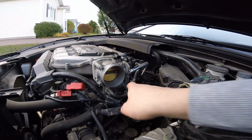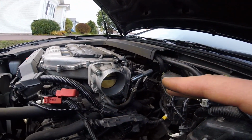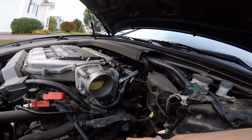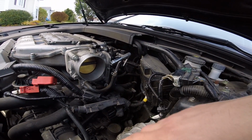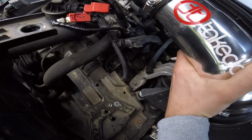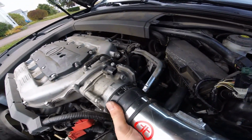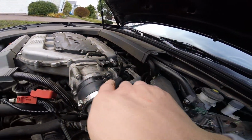Now the instructions, they want you to disconnect this hose and all this, and it's really confusing. I don't know if it's easier because this intake fits the J35 and this as well, so I don't know if the instructions are for the J35 or what, because it's a little different. But all I do is, here, I'll show you. Line that up with the hole there, and then put that over your throttle body and swing this around, and I go up underneath